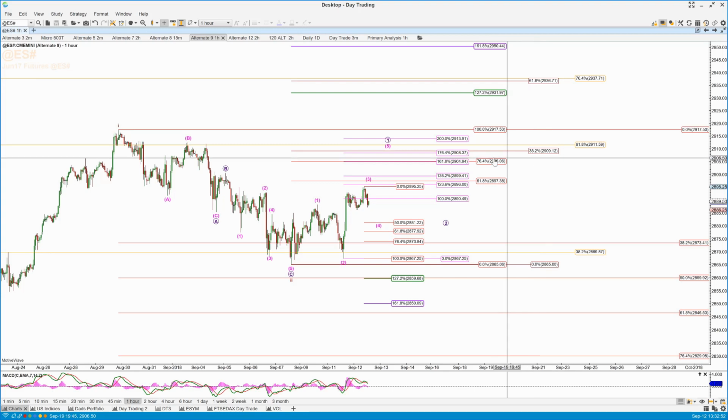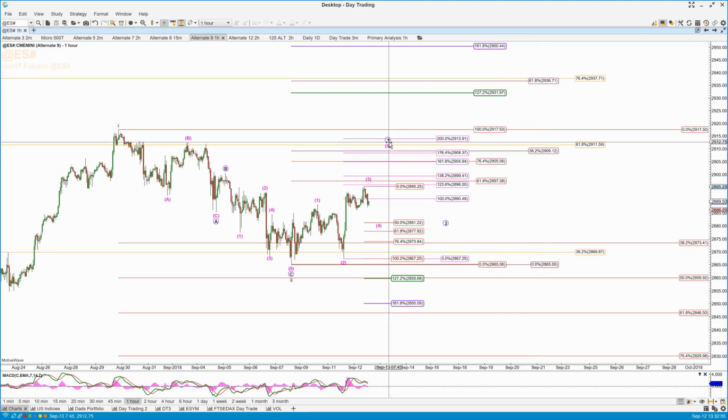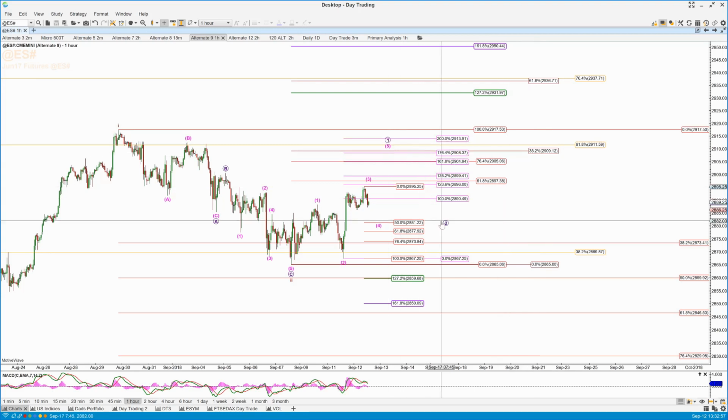So 2908 to 2909 is the high probability target for the 5. We should then get a deep and swift 2 at the end of a diagonal, and that gives you a swing long trade. So you could take a small futures position or buy SSO, the 2 times leveraged ETF on the SPX, or both. And I'm looking for a move to north of 3,000 next, and I'm looking for that